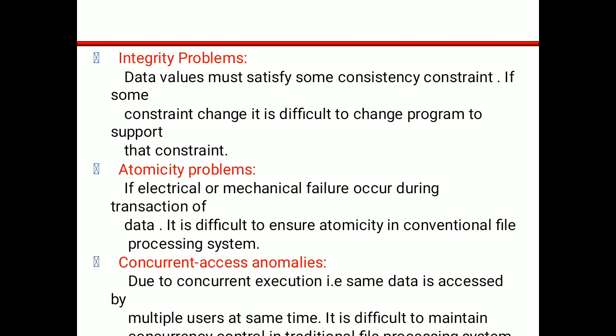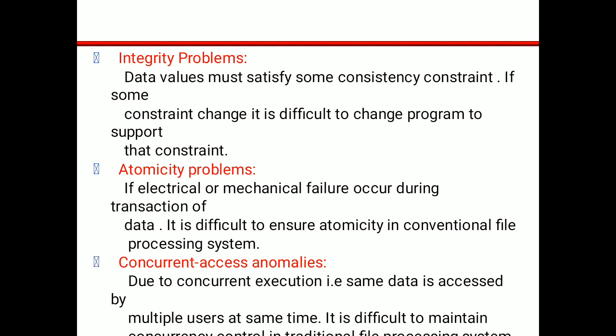So, each and every database has to follow that particular condition, and if that constraint changes, for example, after some years if the government changes the rule and says that instead of 18 now age is 19. So, integrity problem means what? If the requirement changes, it has to be easily done, but in file processing system it is difficult to change that condition everywhere.